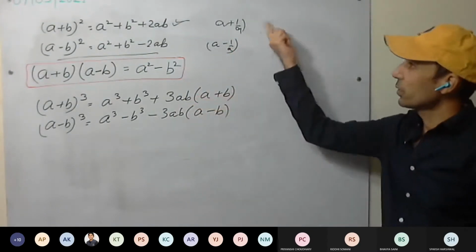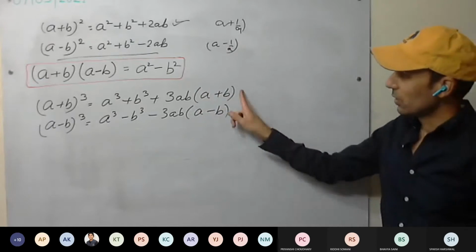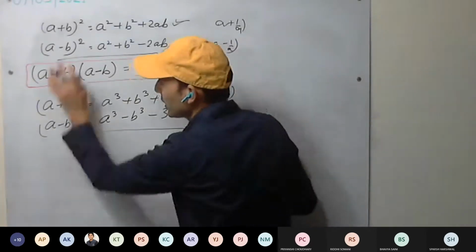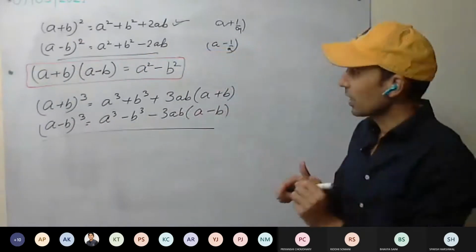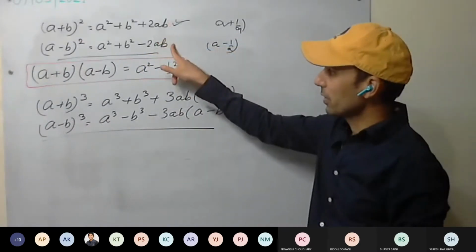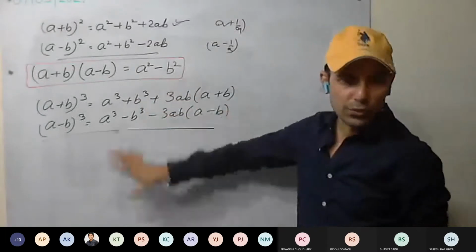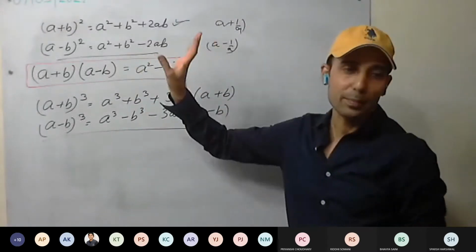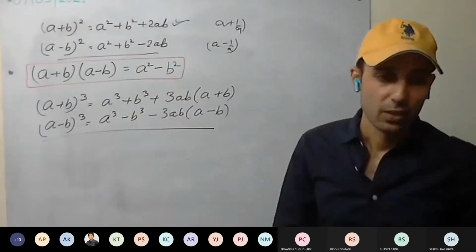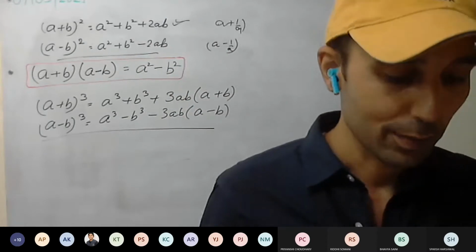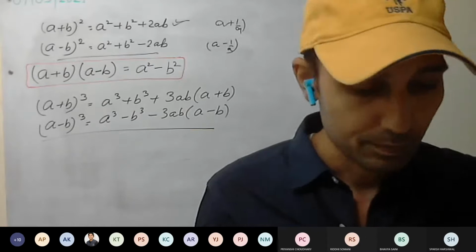So if we don't remember, it doesn't matter. These all we have learned. Only these identities were important. If you remember the first, the second we can derive. This we must remember. If you don't remember any of them, solve them, multiply them, and you will get it. So these identities here, 1, 2, 3, 4, no need to remember.